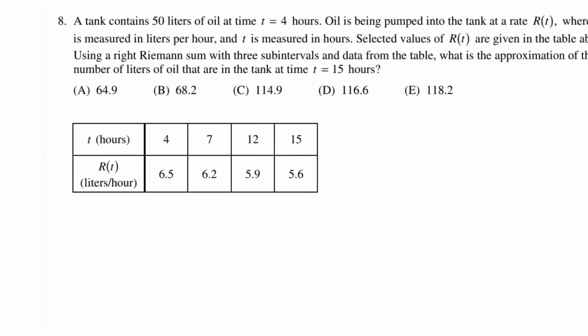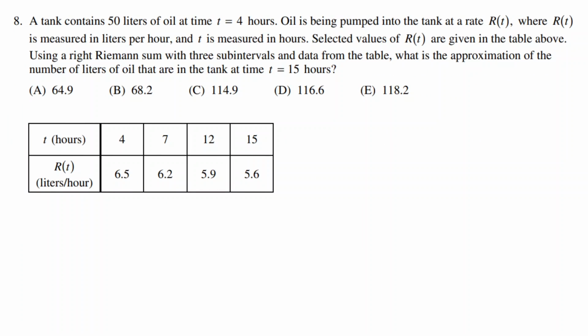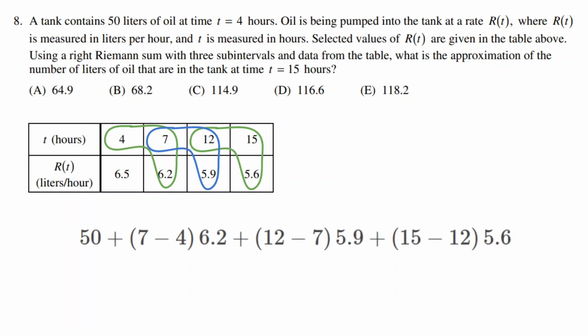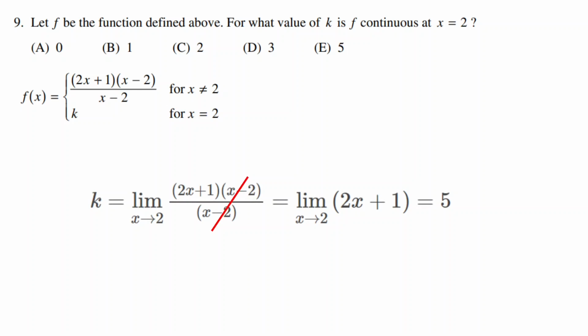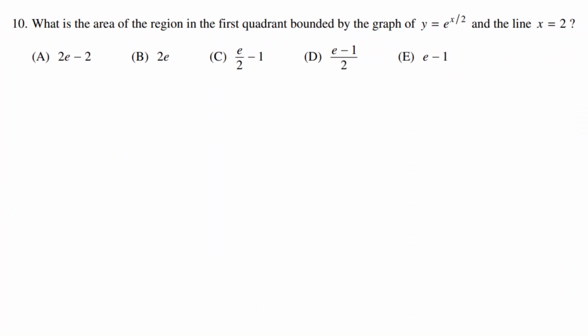In number 8, we start with the initial value of 50 and add the 3 right Riemann sums. So we circle these values, and then subtract the top and then multiply it by the bottom. We do some addition and multiplication, and it ends up being C. Number 9, we need the function to be continuous, so the limit should equal k. We can take the limit by eliminating x minus 2 and getting the answer from 2x plus 1, which is 5, E. 10. To find the area, we take an integral from 0 to 2 of e to the power